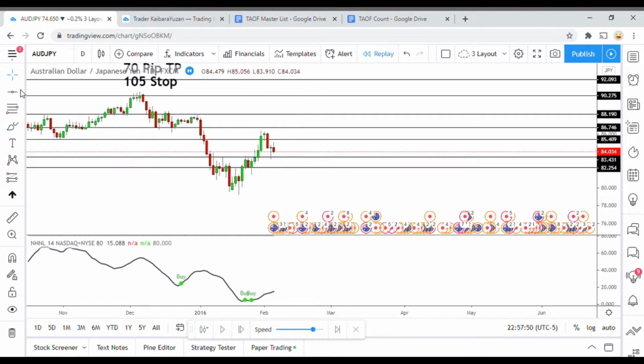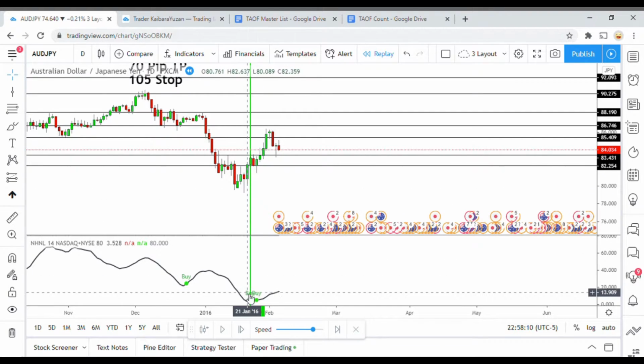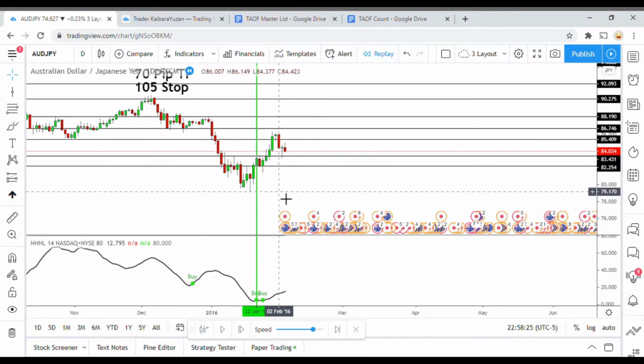And there we go. It takes off to the upside. So that worked out very well, and that is a great example as to how you can trade price action alongside an indicator. Doesn't always work out quite that well, but there was definitely a confluence of price action with a signal from